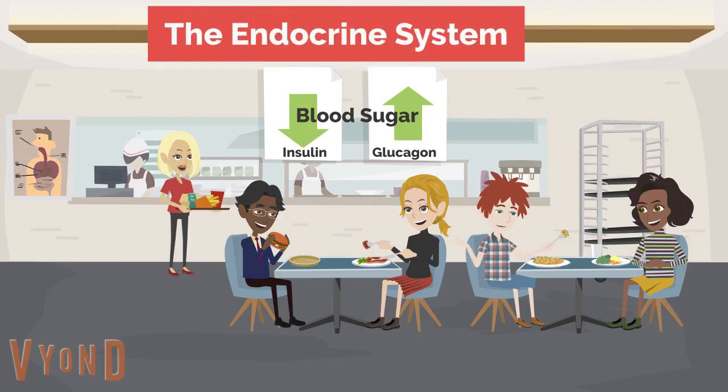When blood sugar is high, insulin is made in the islets of Langerhans cells of the pancreas. Insulin makes it possible for glucose to be taken back into the cells of your body so it can perform the chemical reactions of cellular respiration. On the other hand, if blood sugar is low, then your blood sugar levels fall below the ideal level. Your pancreas releases a different hormone called glucagon. Glucagon then makes your liver break down glycogen, converting it back into glucose, which can be used by the cells